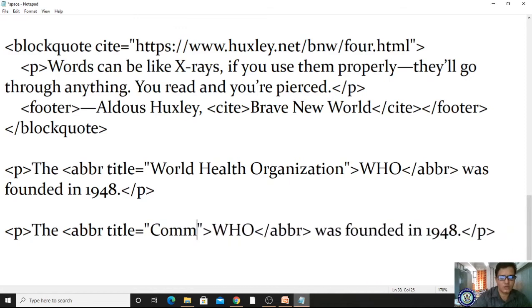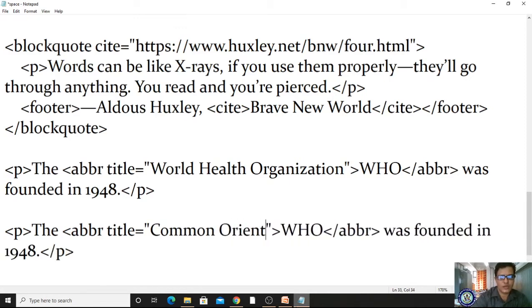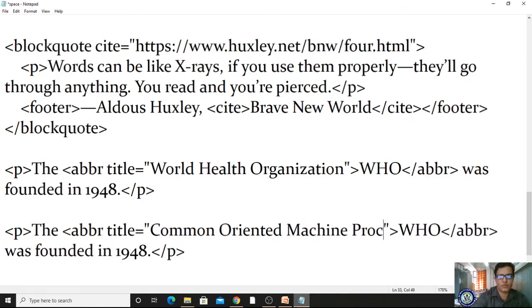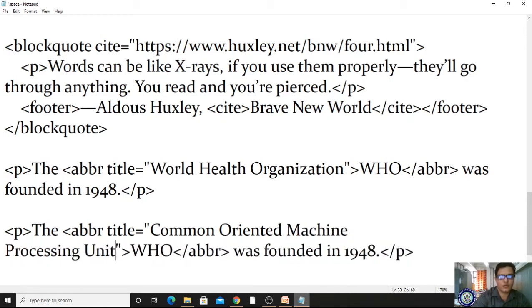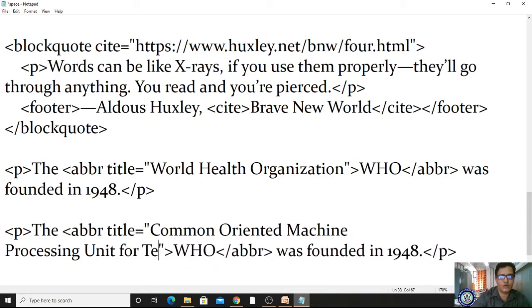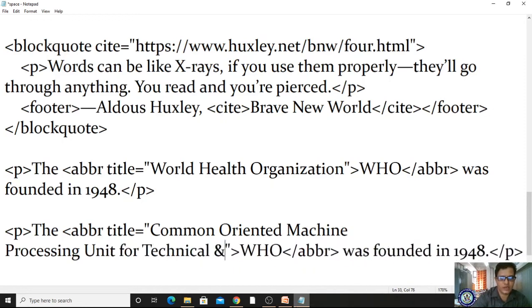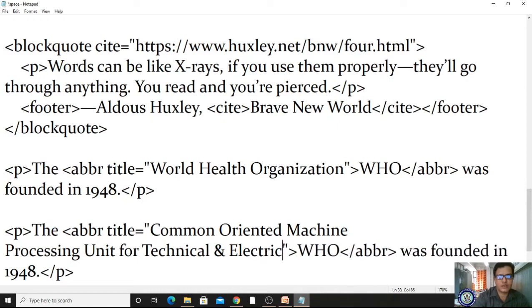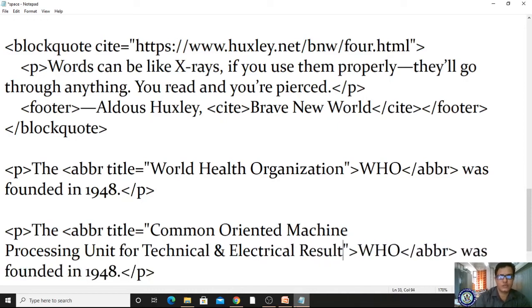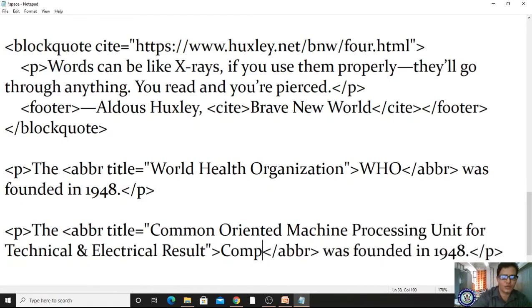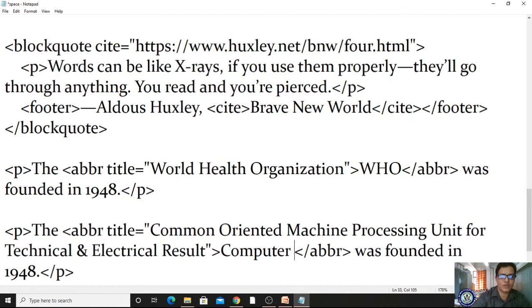Common oriented machine processing unit for technical and electrical result. So this is not exactly an abbreviation, it is an acronym. Okay, acronyms can also be mentioned within an abbreviation tag.